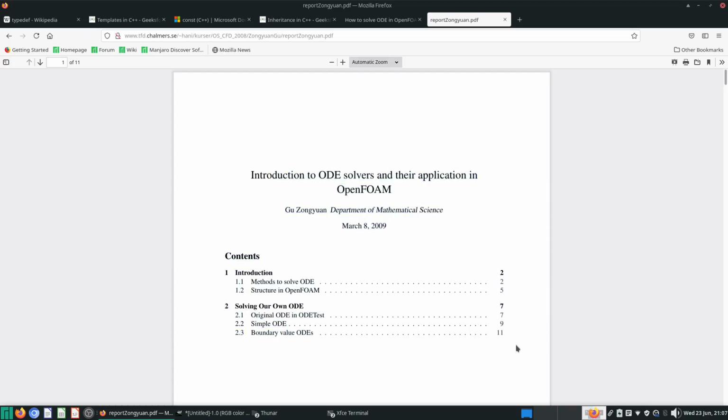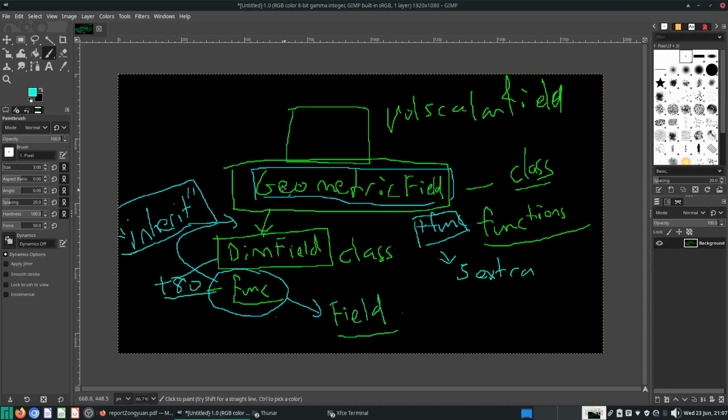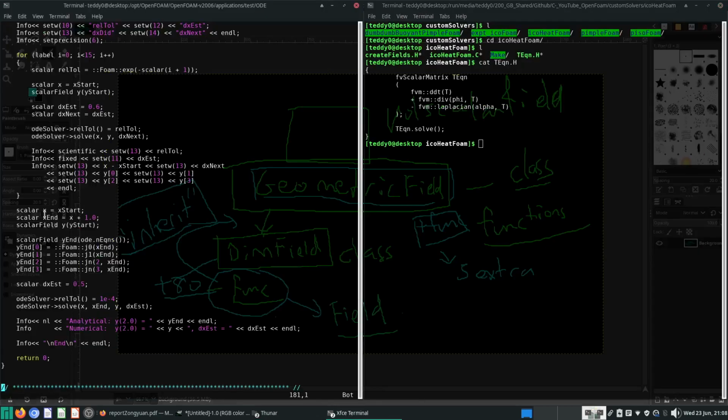Okay, so what did we cover in this video? We covered a lot of ground. We covered some of the hierarchy, how these classes are defined, how these classes in OpenFOAM libraries actually inherit from other classes. So there are many layers. For example, volScalarField, even that has a lot of classes it's inheriting its functions from. I also showed you the directory which you can go and check and at least take a look, so that you don't have to